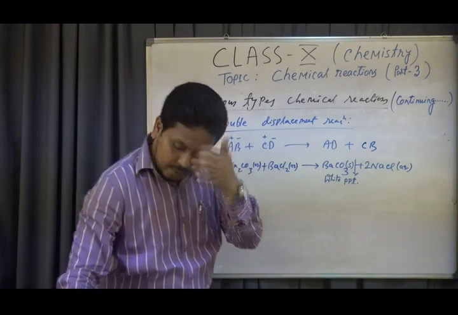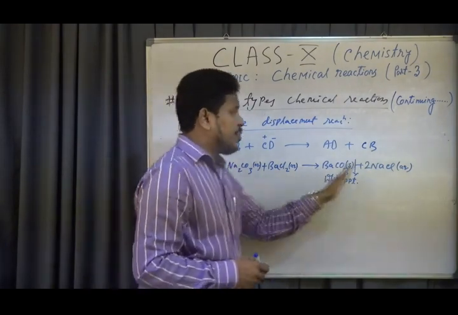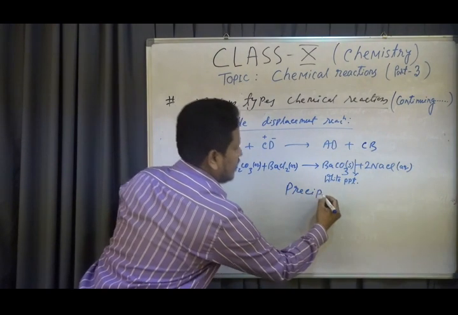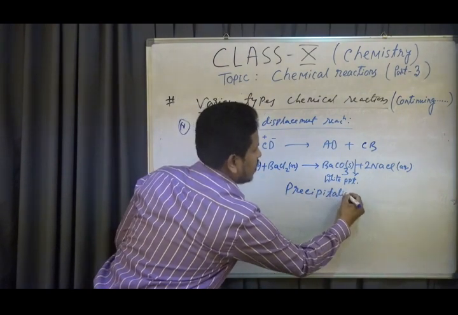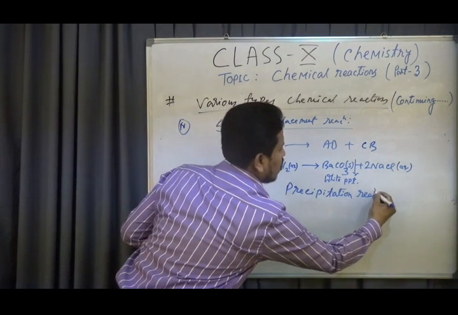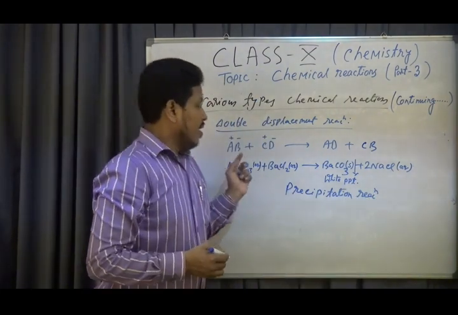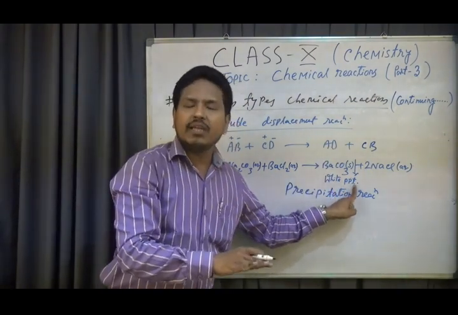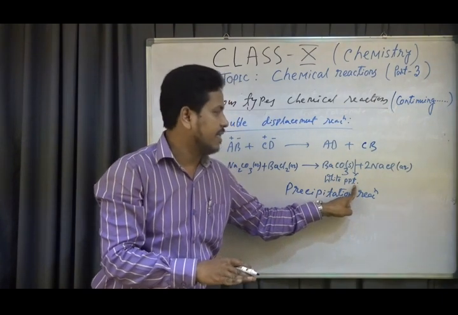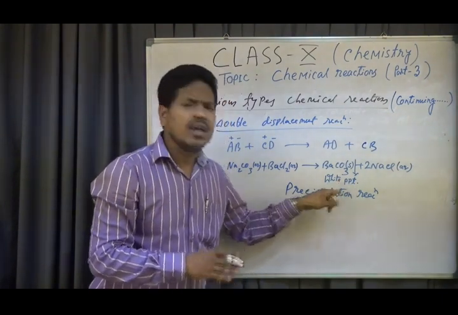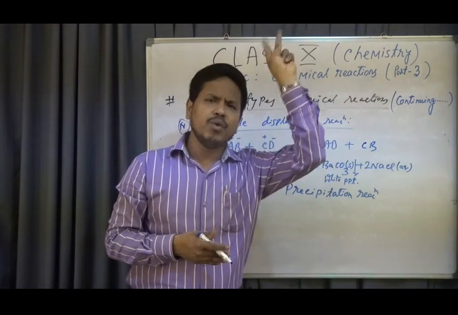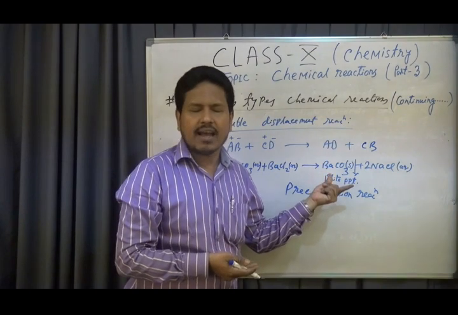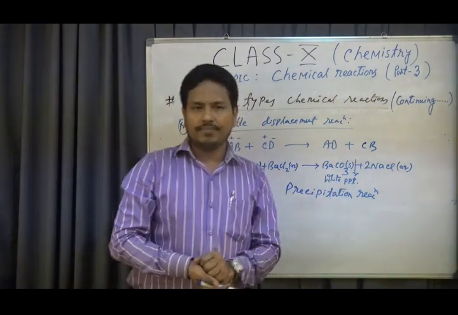One thing I have to say, my dear students: this double displacement reaction is also known as a precipitation reaction. Write down, this is also known as precipitation reaction. Why? Due to the reaction, an insoluble precipitate, PPT meaning precipitate, an insoluble solid substance that is not soluble in water, is formed. A white precipitate, it may be black, red or blue, any insoluble substance. If any precipitate is formed due to a reaction, that is called a precipitation reaction.